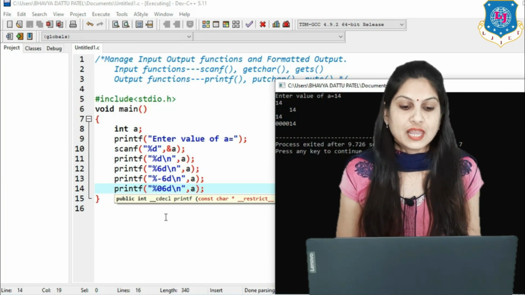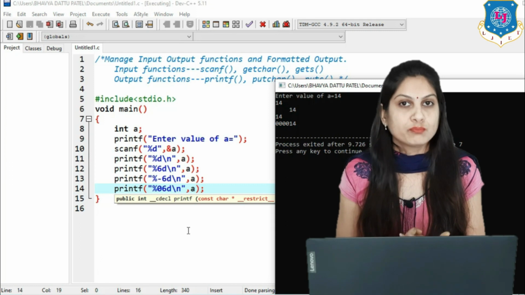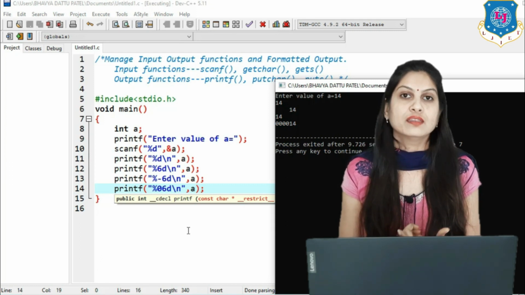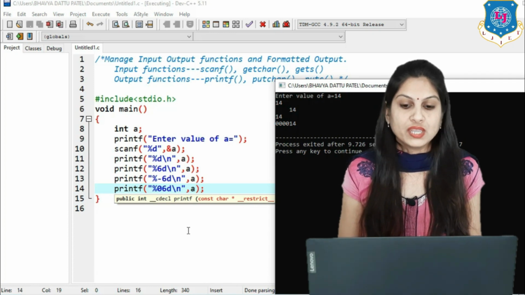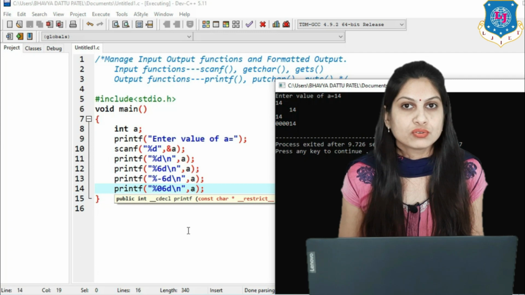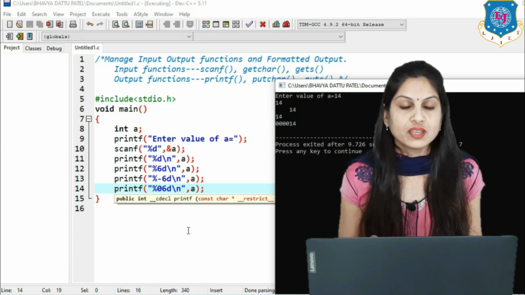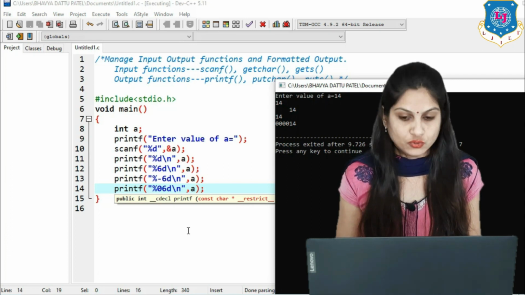The last one is %06d. That means 6 blocks will be allocated for the value of A, and the remaining places will be filled with 0. So here you can find 0 four times and then 14, starting from the right hand side. Clear? So likewise you can format your output.